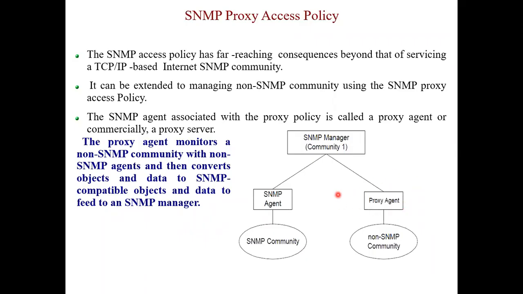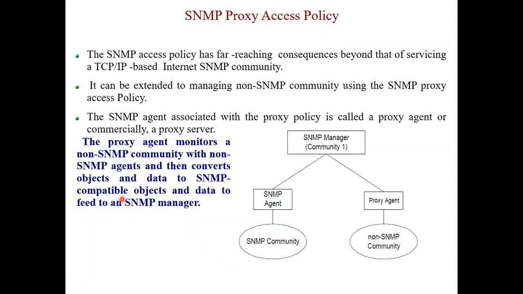So with the help of proxy agent, and one more is there, that is called the bilingual manager. Bilingual, bi means two, lingual means language. So a manager who can handle bilingual language. Okay, that is version 1 ka language and version 2 ka language. So apart from proxy agent, I also have one more component called the bilingual manager, which can handle the compatibility issue of version 1 and version 2.